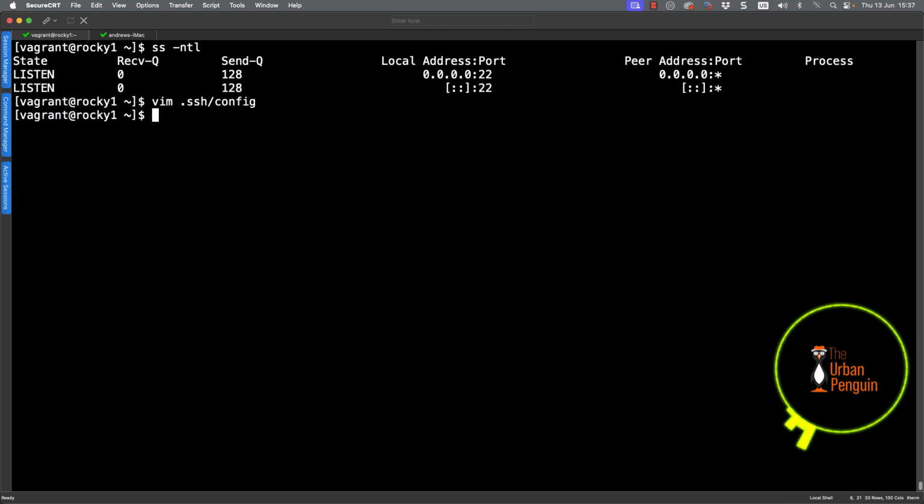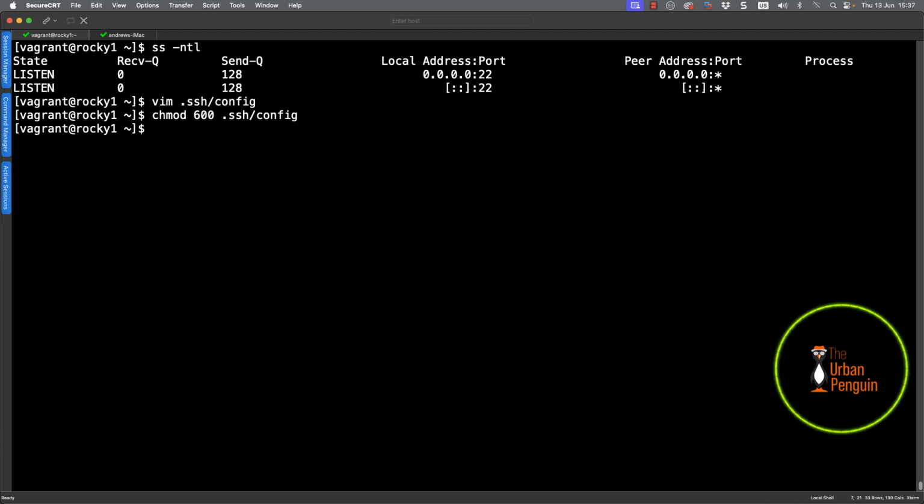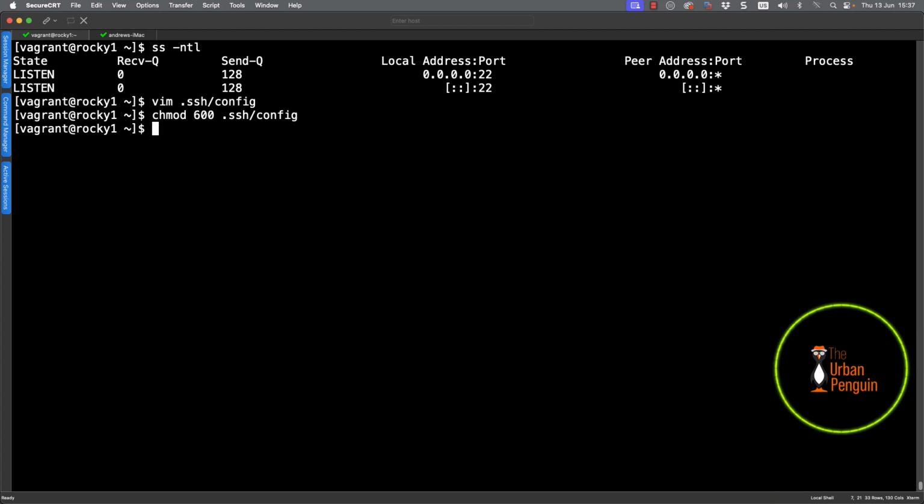We do just like the directory. If you needed to create the .ssh directory, it needs the permissions of 700. If you create the config file, then we must set the config file with the mode of 600, so it's private to the user that created it. Otherwise, SSH won't work with it.